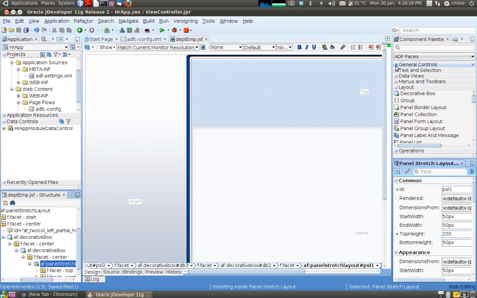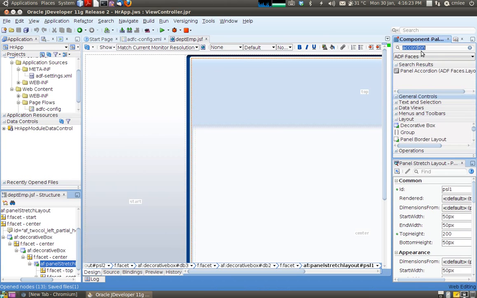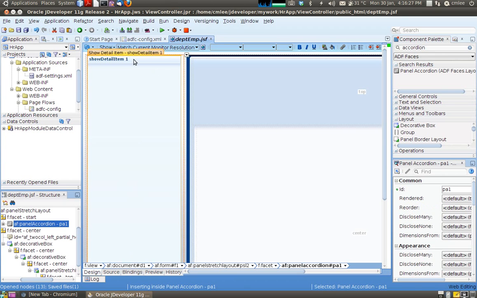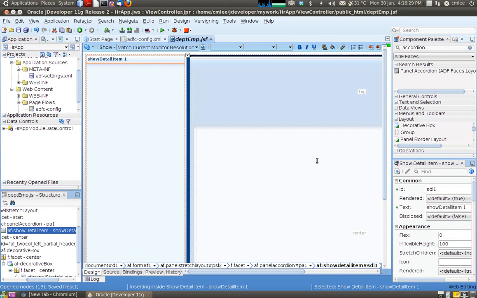So what I'm going to do next is I'm going to put an accordion panel here. So accordion, drag and drop it here. So currently the accordion will only have one tab, and I'm going to call this department. So this will have my department